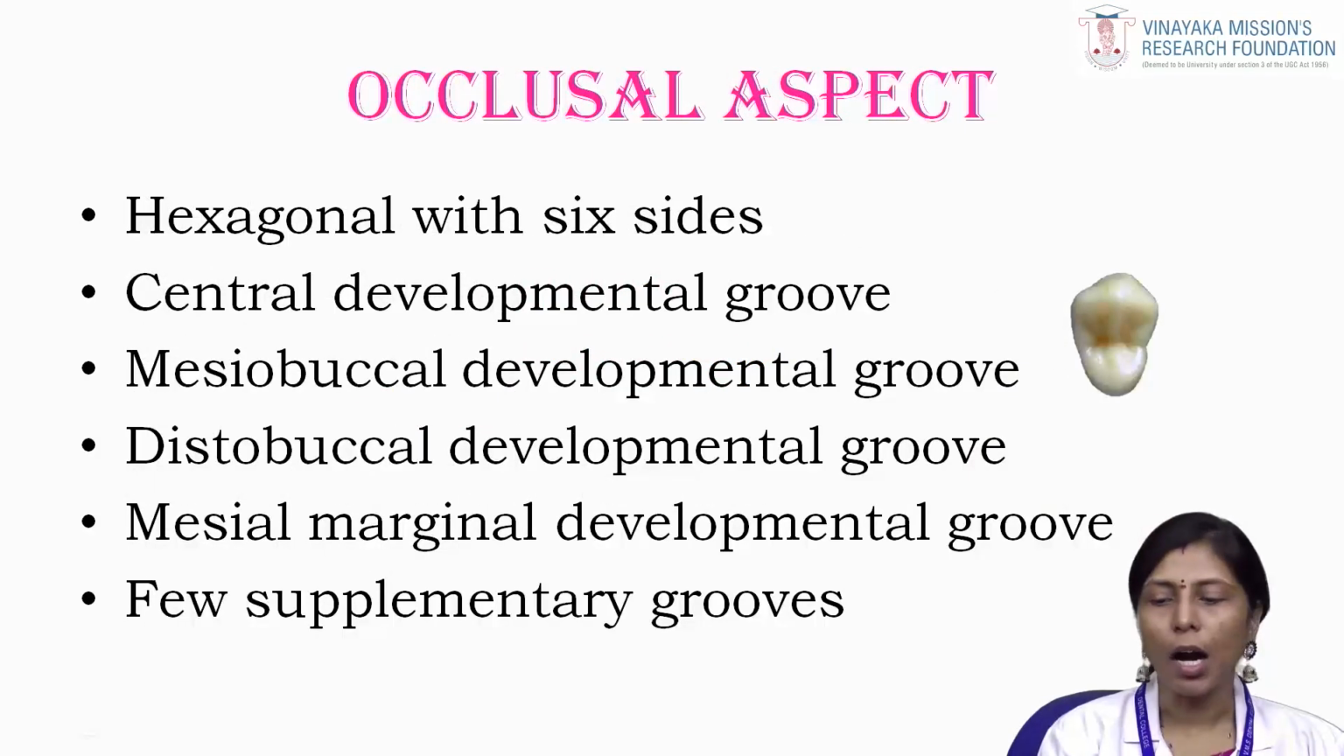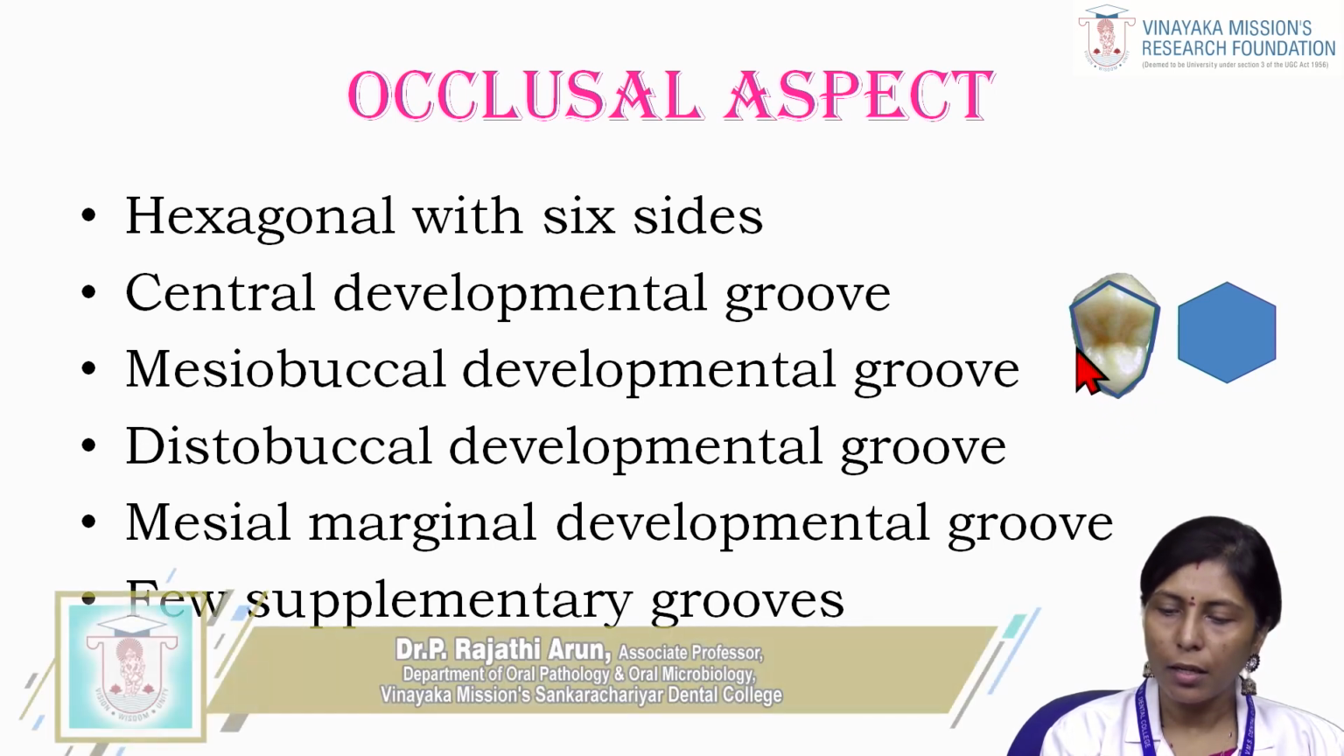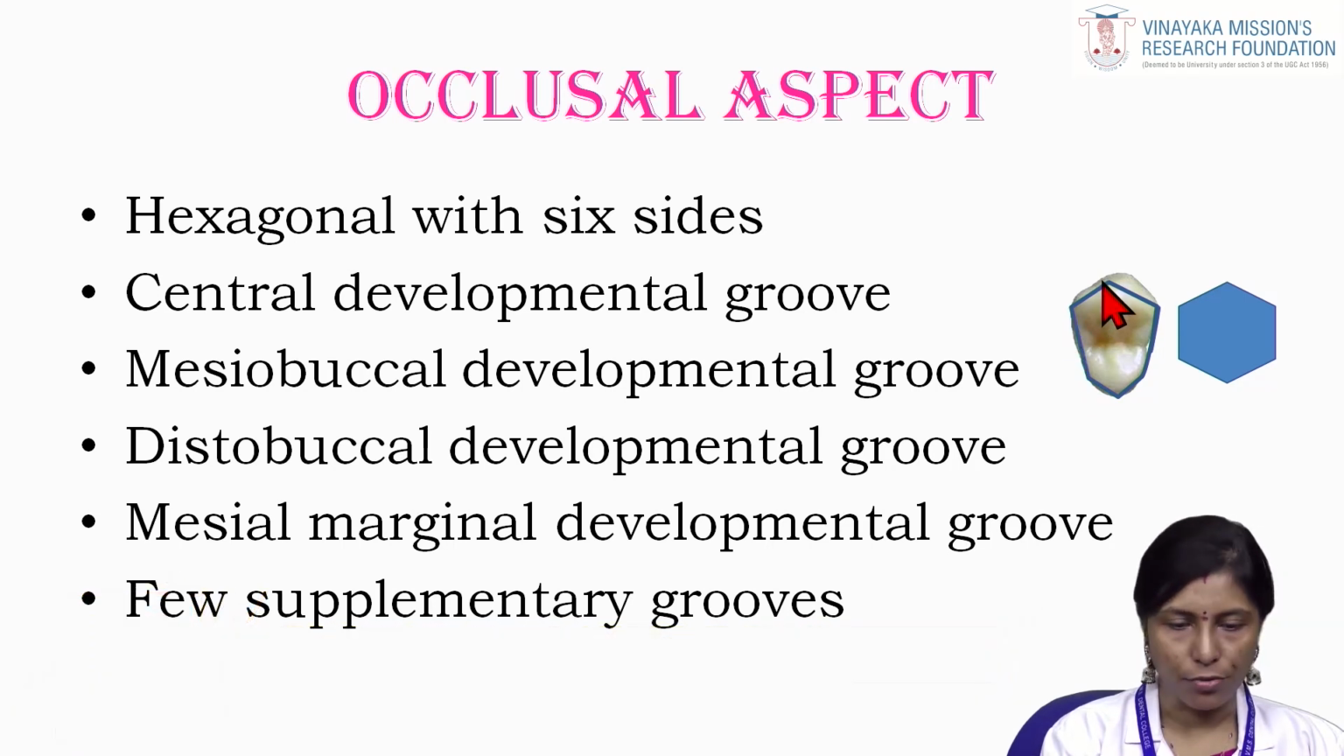Next, coming to the occlusal aspect of the tooth. The occlusal aspect of the tooth is hexagonal in shape with 6 sides, that is mesiobuccal side, mesial, mesiopalatal, distopalatal, distal surface and distobuccal surface. So it is hexagonal with 6 surfaces and you can see a central developmental